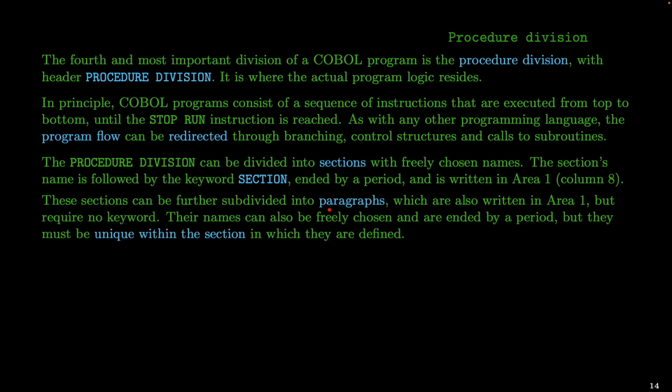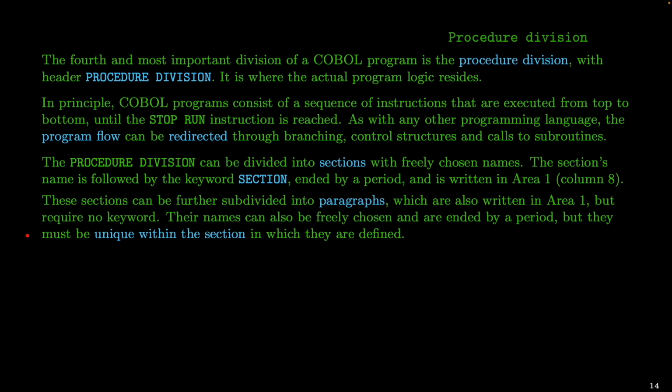So for the paragraph name, you can just write the arbitrarily chosen name and end it with a period, but you do not have to write paragraph behind it, unlike with a section, where you have to follow the name with the keyword section. However, the paragraph name must be unique within the section in which you define it. So you can use the same paragraph names in different sections, but within one section, of course, you must have